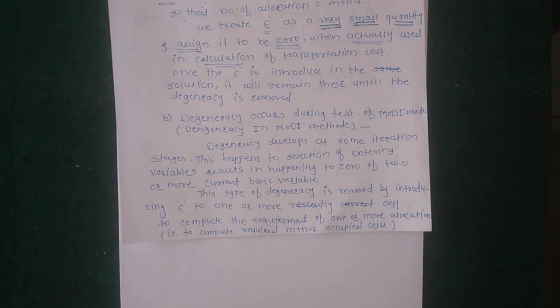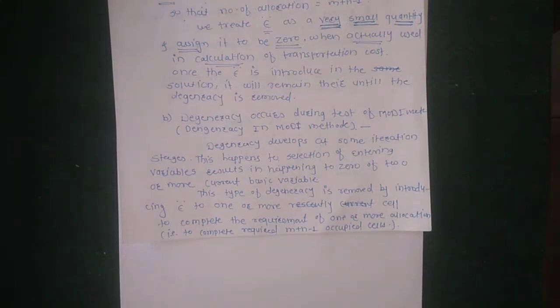In the Modi method, if the number of allocations is less than m plus n minus 1, after introducing the closed loop and allocating all the cells,